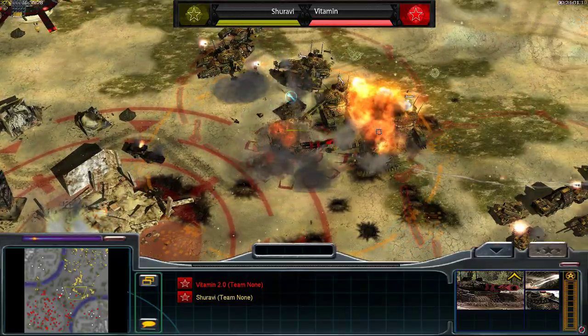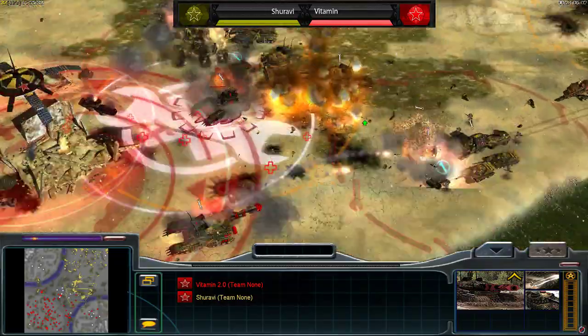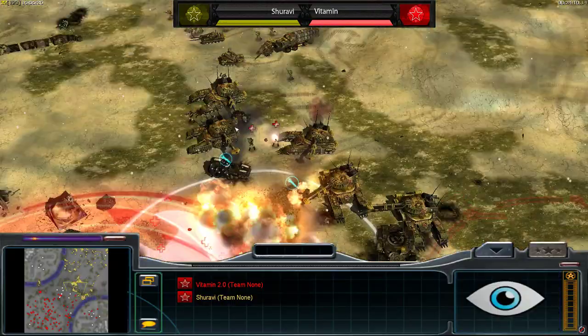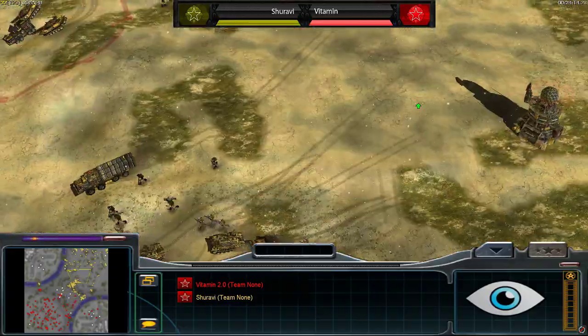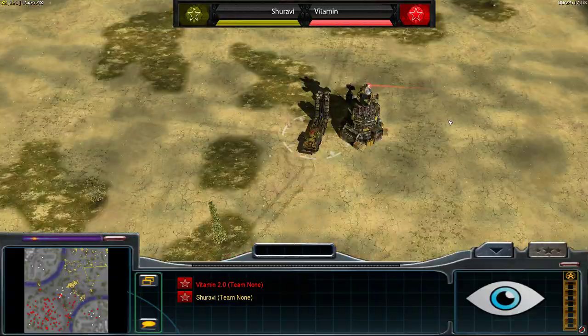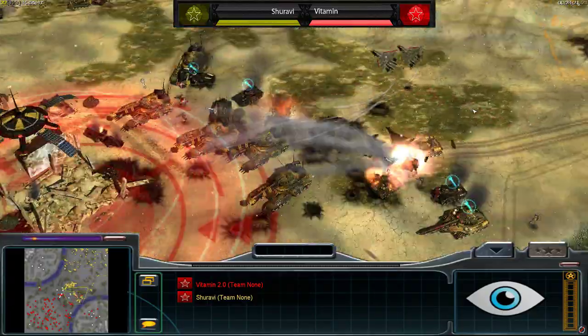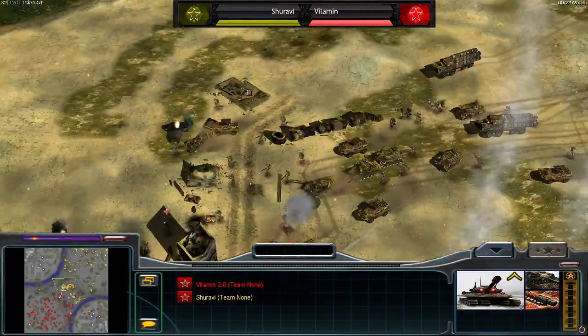So we do see a Black Bear. Where's the other Black Bear, by the way? I don't see the Black Bear of Shuravi just yet. Am I confusing it? I don't see it, but this Black Bear does go down. Where's Shuravi's Black Bear? Am I really not seeing this thing? Did that thing get killed? I don't know. But we do see Coil Golems come out,